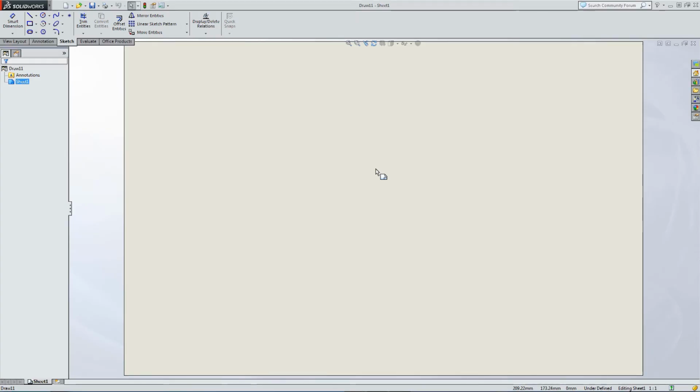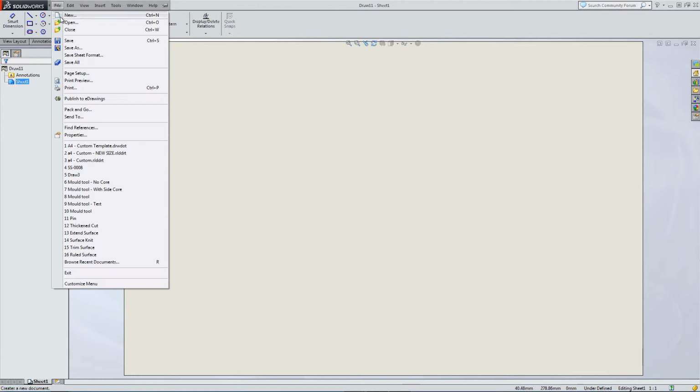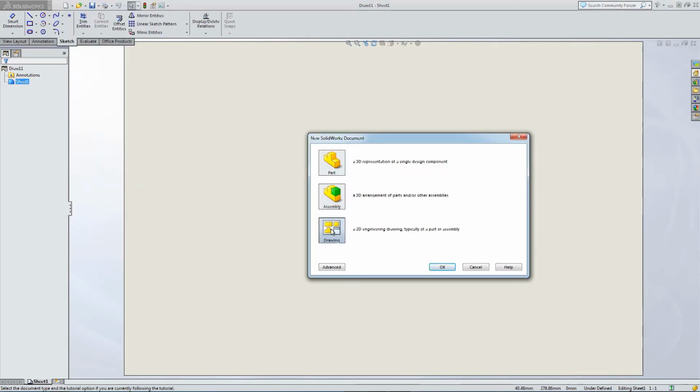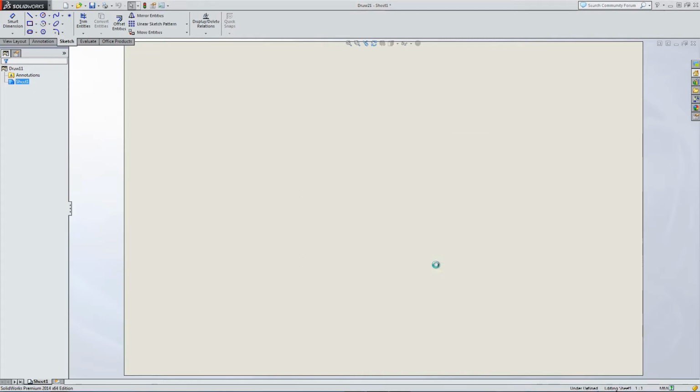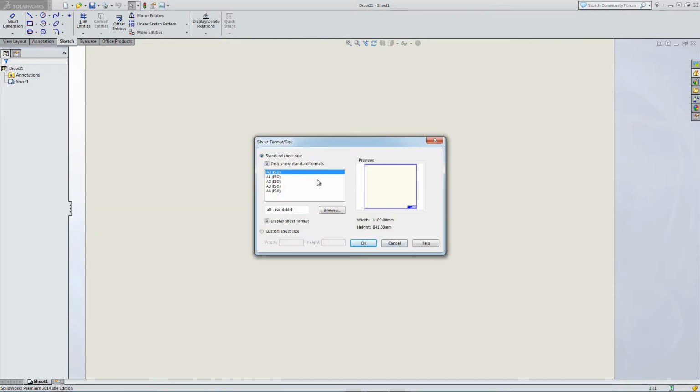Okay, we're going to have a go at putting together a custom drawing template. So let's go File, New, Drawing. And here we only have standard template options available at the moment, ISO templates. But if we uncheck the Only Show Standard Formats box, we have a whole list of ANSI and various other